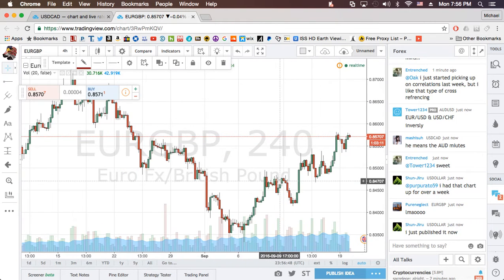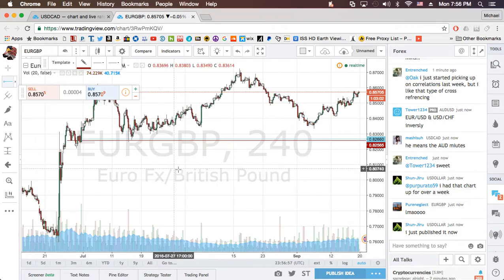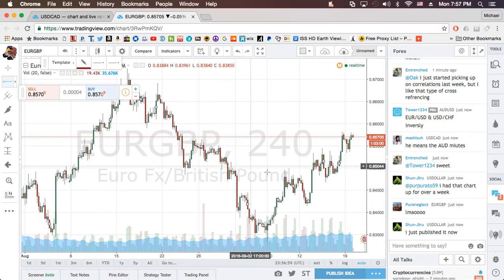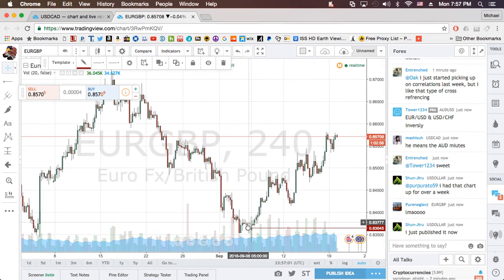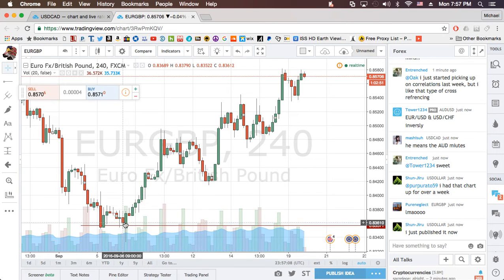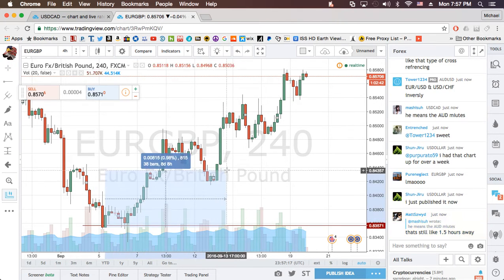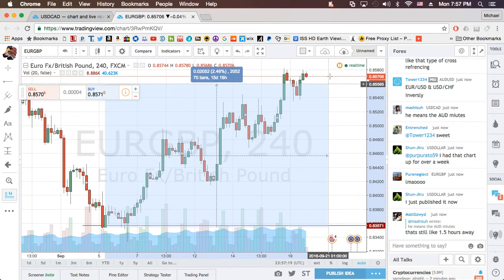And if you look at the amount of pips you have there, if you want, you can use shift and click, and then you can drag it and it'll tell you how many pips it is. So if you were to shift click one of those bottoms, and let's say you were waiting for those green bars to go up, and you missed a few green bars, which is a whole day, and then said, hey, I think it's going to finally bounce off of that line. After a whole day of missing all the up, and you went ahead and went long, you'd still grab like 150, 200 pips.